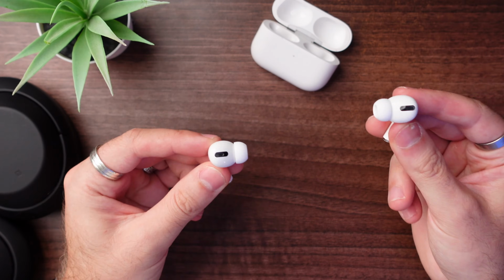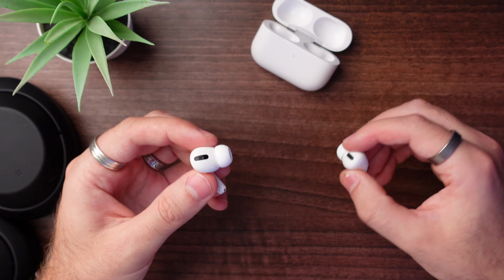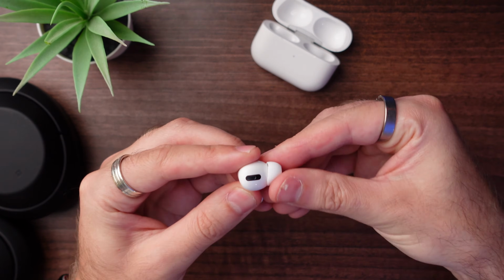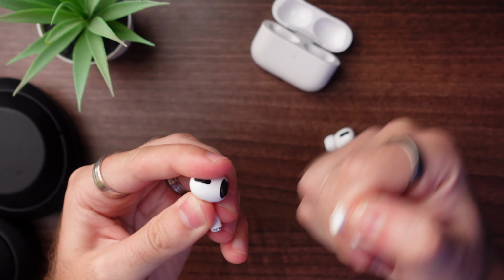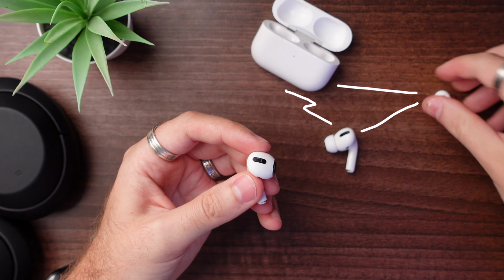This is a quick tutorial for those of you looking to swap the ear tips on your AirPod Pro because, well, it can feel like you're going to break them when doing so, but it's actually very, very simple. You just grab the silicone cover right here and give it a firm pull, and the whole thing just comes off. Now you can grab your spare ear tips from the box, or perhaps you might want to try using